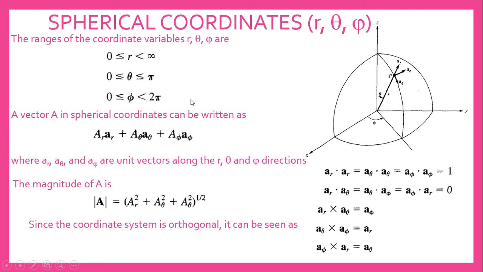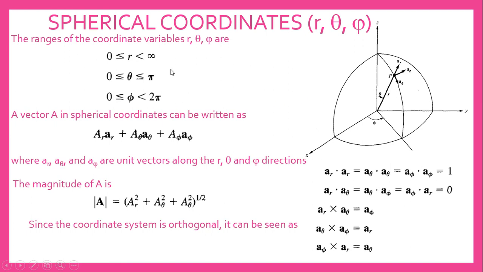You just imagine an orange. Now this orange fruit will have a definite radius, that is r. Then when you cut it in half, you can see a full circle. For a full circle, the angle will vary from 0 to 2 pi. If you take a small sector, it will be like an orange slice, a half semicircle. So the angle will vary from 0 to pi.